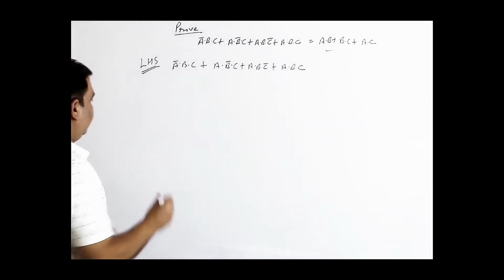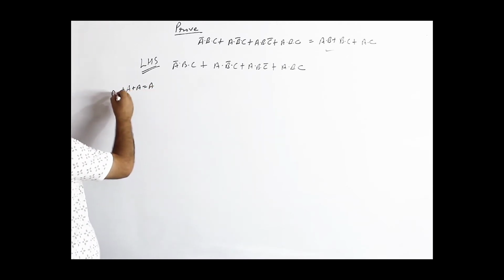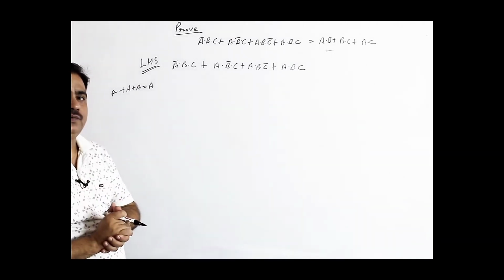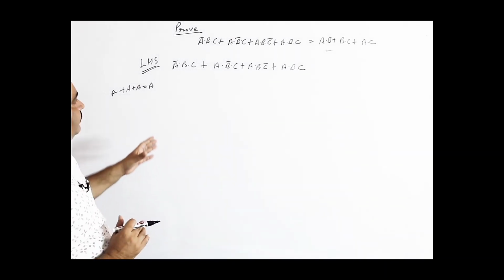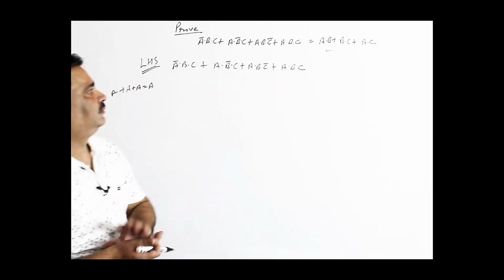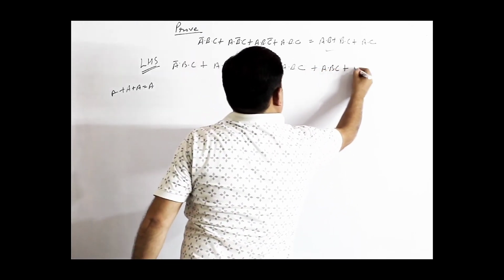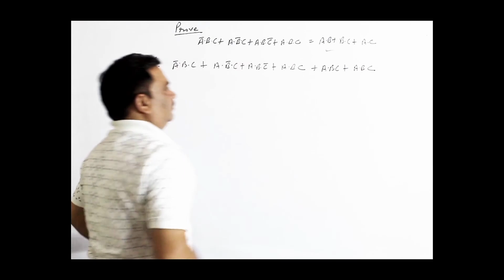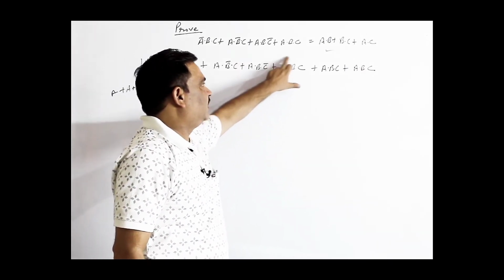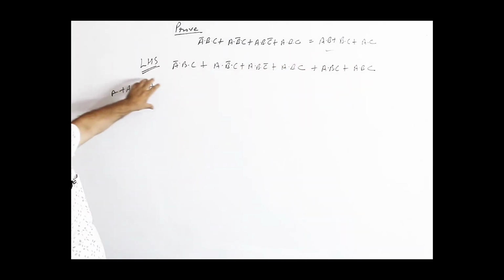You know the idempotence law. The idempotence law is A plus A equals A, also called the law of identity elements. So here, with A dot B dot C, what I am going to do is write it two more times: A dot B dot C plus A dot B dot C. You can say this is one complete term, since all are the same according to this law.